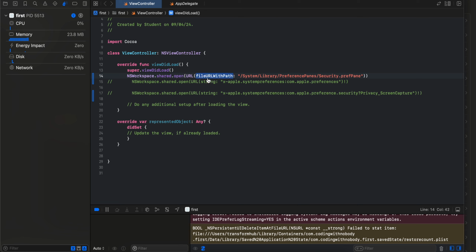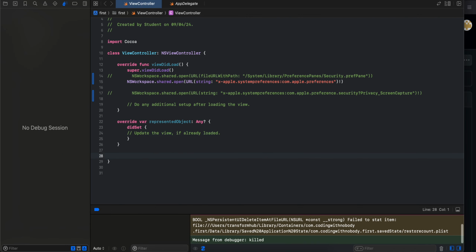Now there is a second way as well. So here as you can see, I will use this method. Now some people say that this method is deprecated. I am not really sure about it because it works fine. And I'll just quickly quit this system settings. I will stop this. I will rerun my app,